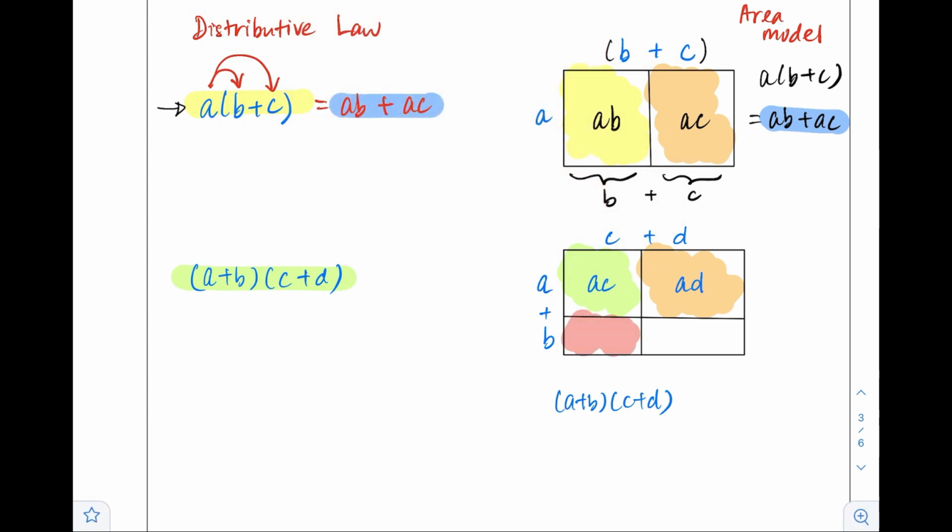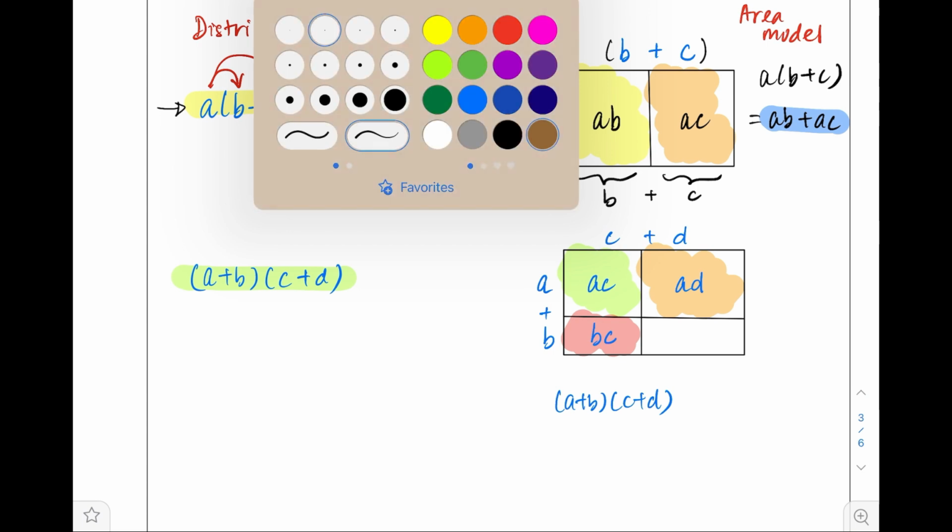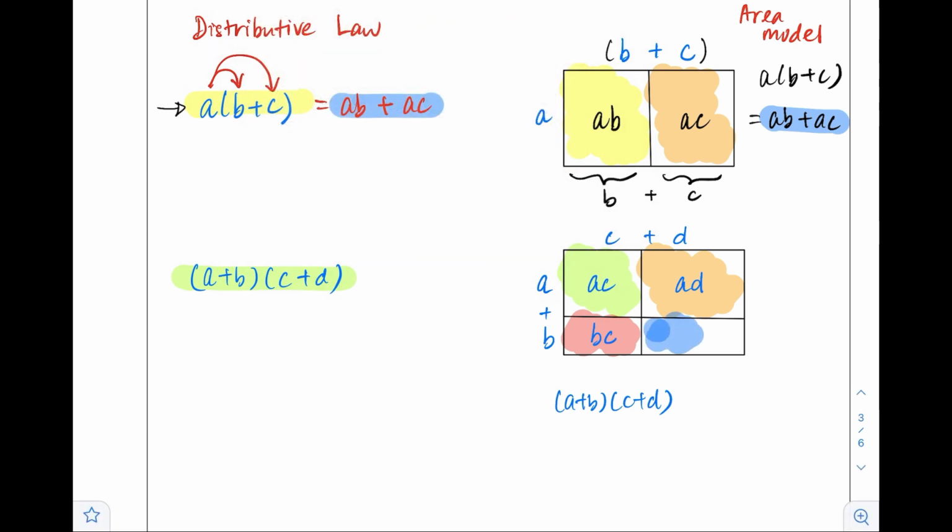The third part, the area would be equal to B times C, which is BC. And finally, my area over here would be equal to B times D, which is BD. In other words, the area of this rectangle, which is given by A plus B times C plus D, would be equal to the area of these 4 parts, which is AC plus AD